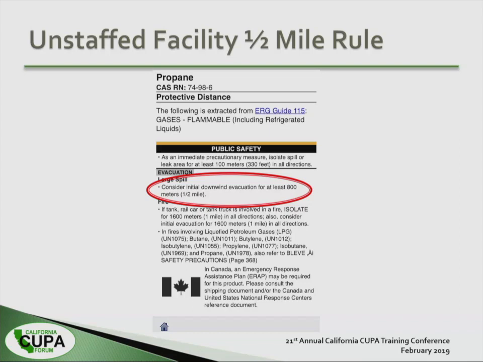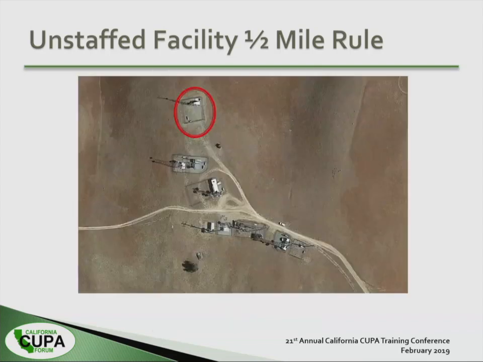So Jeff, the smarty pants he was, he whipped out the ERG manual, and then they looked at one of the commonly used gases at a remote site, which happens to be propane. And when you look at the ERG guide for propane, it's half a mile. So that's how it was established that it was half a mile. Also, I forgot to mention, it was really close to lunchtime, so everyone agreed. And hey, it became law and it became regulation. Okay. The term hangry really does come into play here.